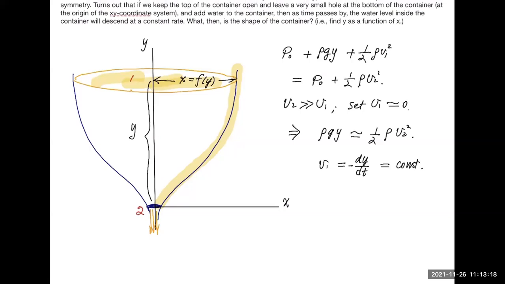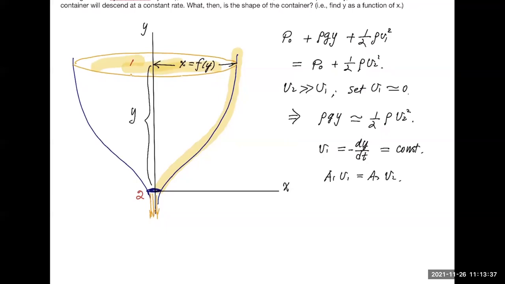Well, we saw V2 in the equation above, right? But here's V1. Now V1 and V2 are very different in magnitude, but they are related. How are they related? The equation of continuity: A1 V1 equals A2 V2. A2 is just the area of the hole at the bottom. I don't have to know what it is. I just know it's very small, but it's a constant. A1, on the other hand, is the surface area at the open top, and that does change. A2 is a constant, but